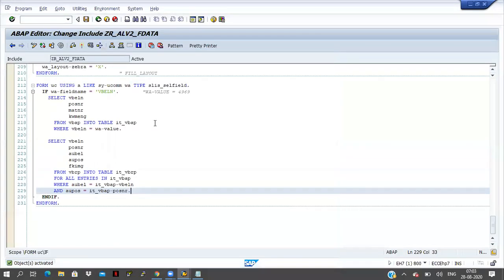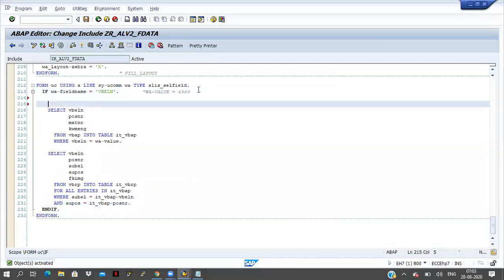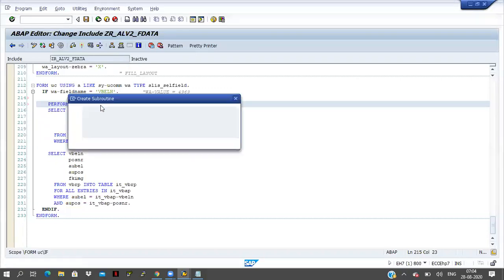Okay, so I'm writing the select query here, but I will take one perform here. I'm not taking any select queries directly here. Perform get SO bill information. I'm declaring one perform here. Just double click on this one.